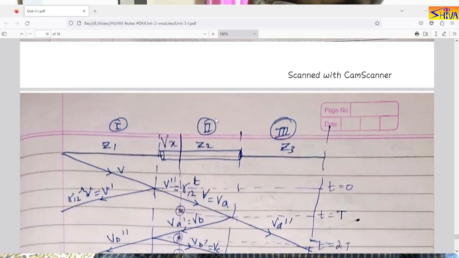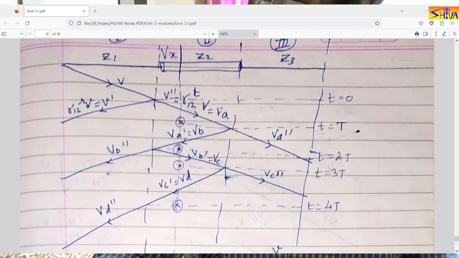horizontal and vertical lines. Now suppose we have to compute the voltage at time T is equal to 0 at point X. So we find the intersection point of this horizontal line and this vertical line. It is the intersection point. So above this, if we observe, there is no wave. So at T is equal to 0, the resultant voltage at point X is 0, and it is obvious. At T is equal to 0, the voltage has entered this point. It has not come up to point X. So obviously the voltage will be 0.